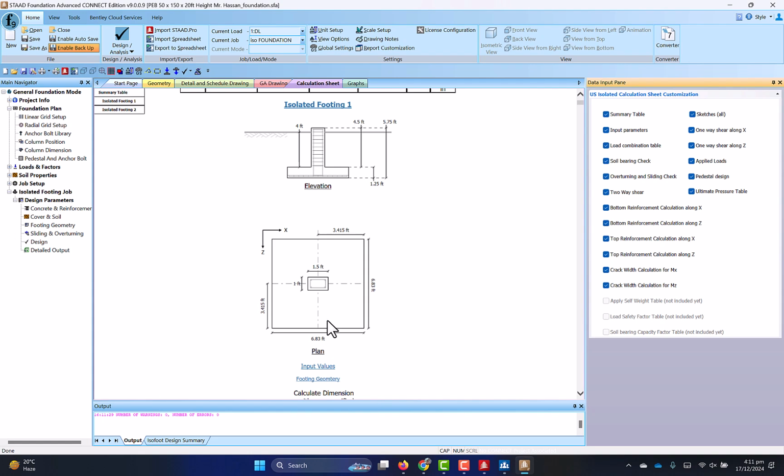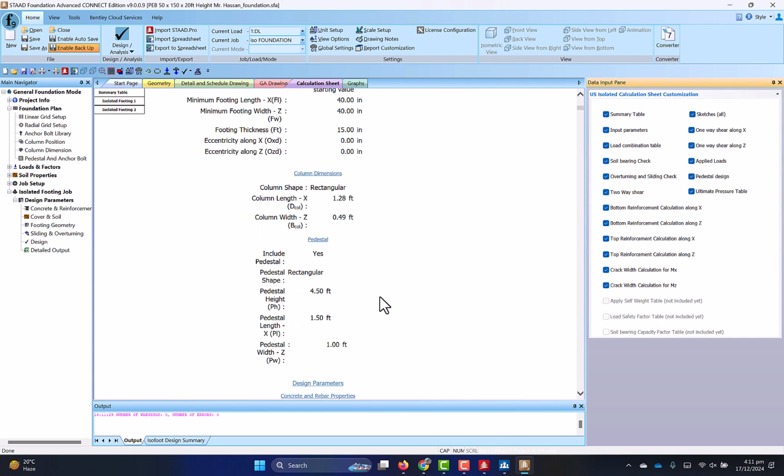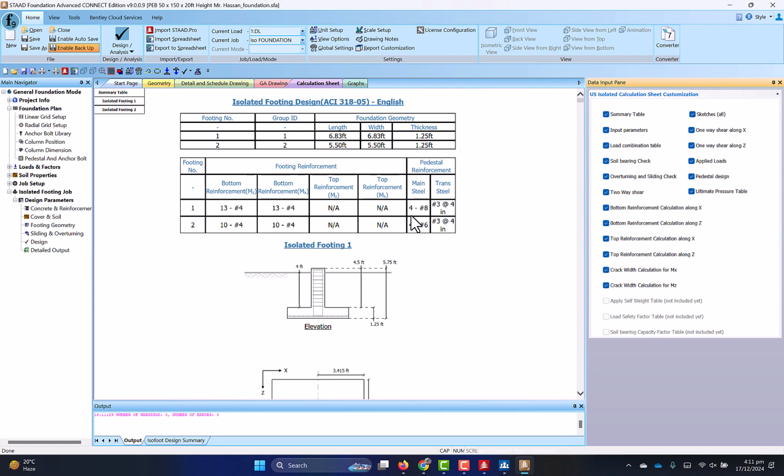So even increasing the height of the pedestal is adding more self weight, right? Stabilizing the foundation, reducing the size. So I have 6.83. So you can design this as a 7x7 foundation. Simple as that. Now this is here, this is here. The rebar is very nice. Main steel number 8 and pedestal main steel is number 4, number 6 bar in the pedestal. This does not appear to be